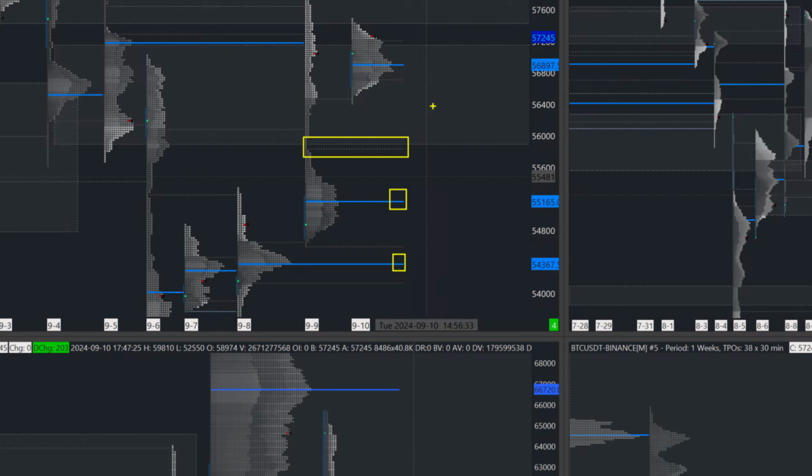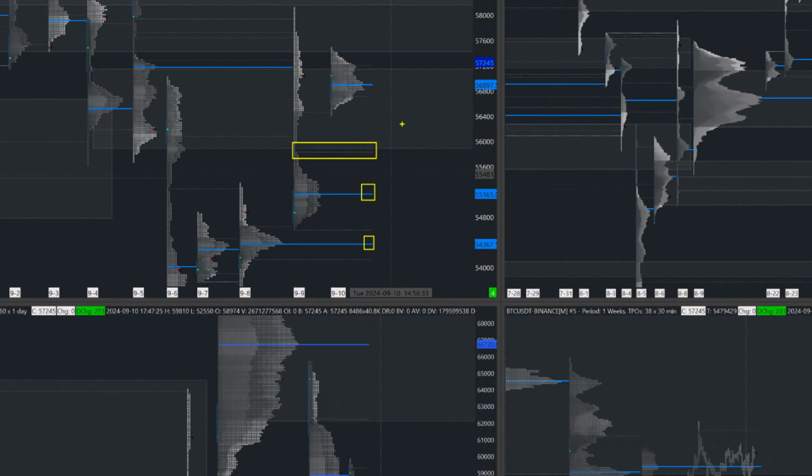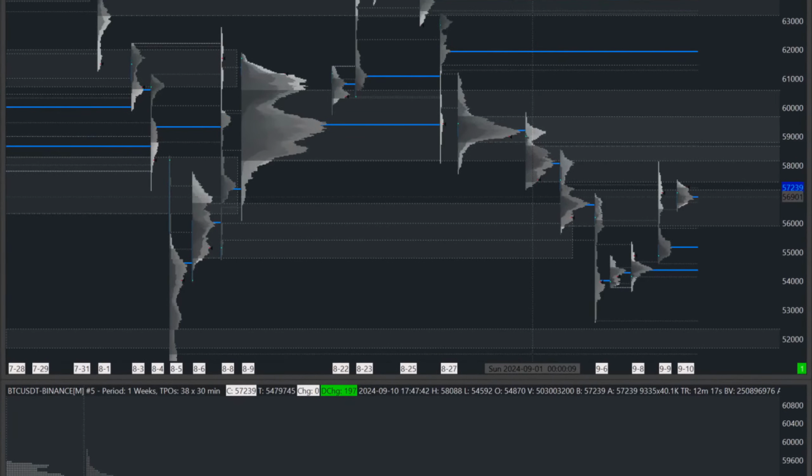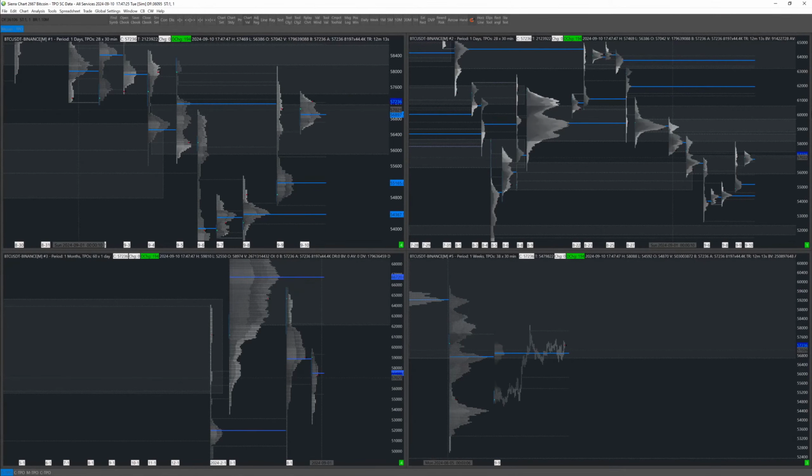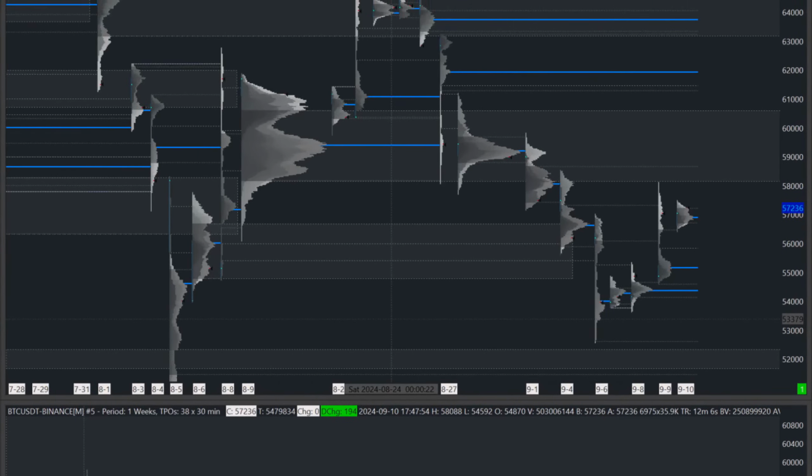My preference is we're either going to be looking at, for example, and first before I start clicking here, let me just clean up this chart for you. Get rid of that, get rid of that, get rid of that. So my preference is